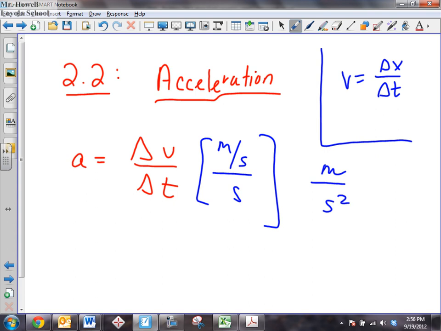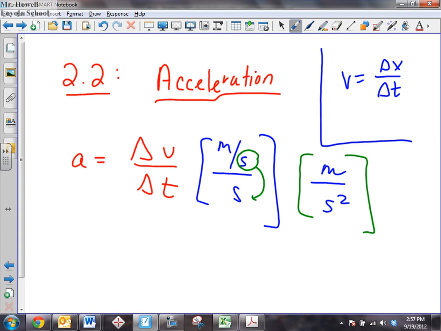Again, I've got a second in the denominator here. Mathematically speaking, it's the same thing as if we move that second down below. So now we're left with a meter up top and second times second down below. These will be my dimensions. And whenever you write dimensions, you're going to see brackets around them in physics. When you see brackets, it's indicating the units or the dimensions. I didn't use it in the first chapter as much.